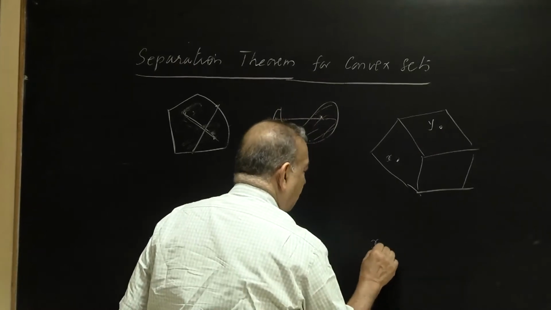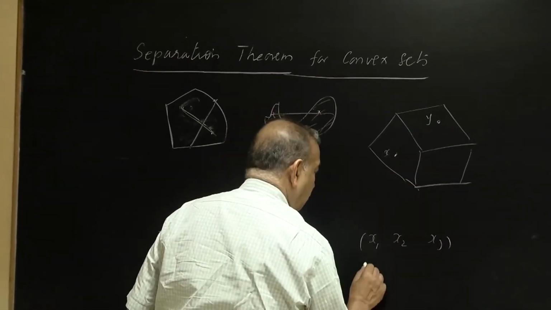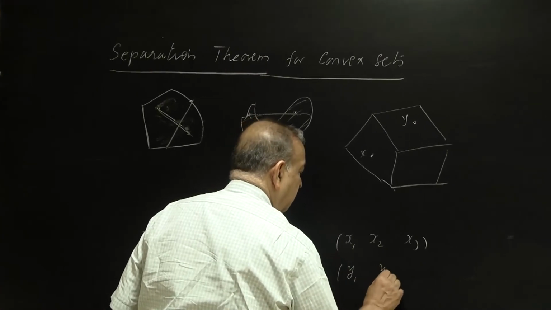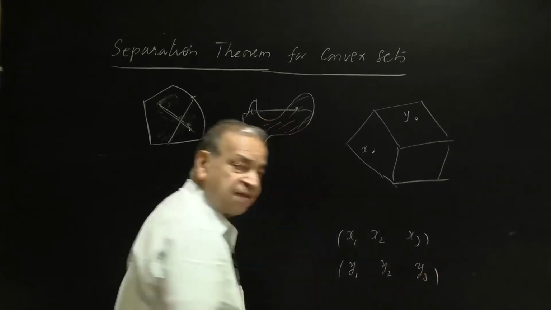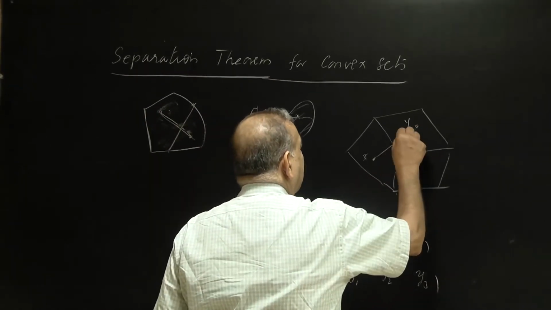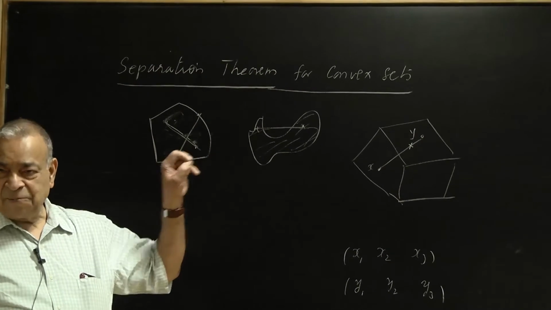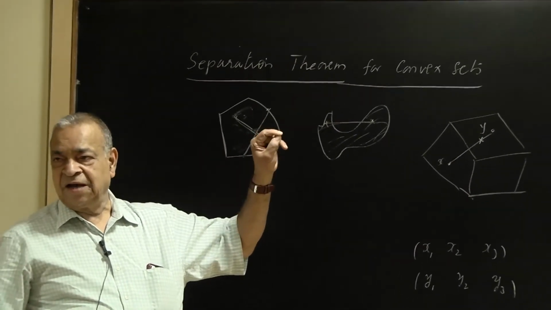So x will have coordinates x1, x2, x3. Y will have coordinates y1, y2, y3. And then if I join it, any general point, any typical, generic point